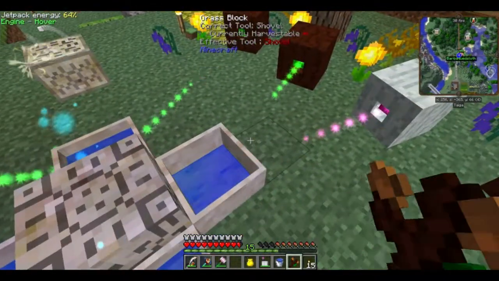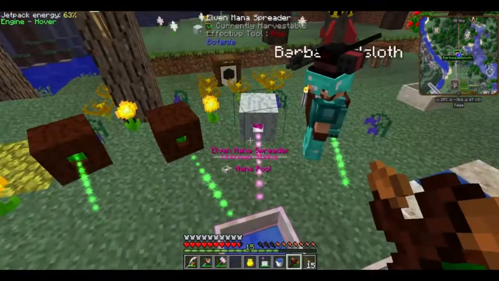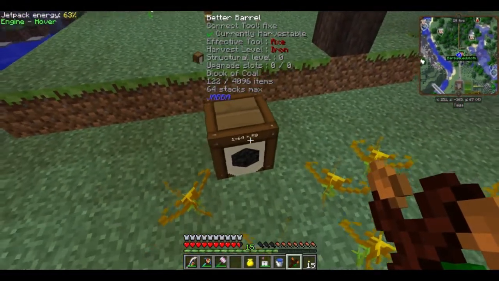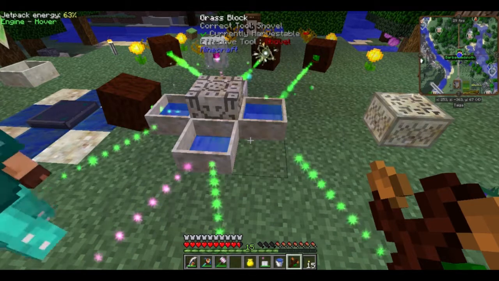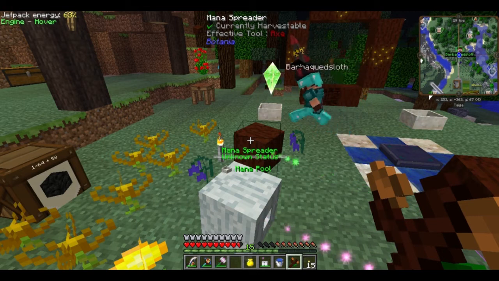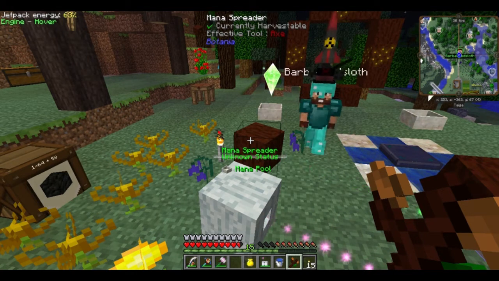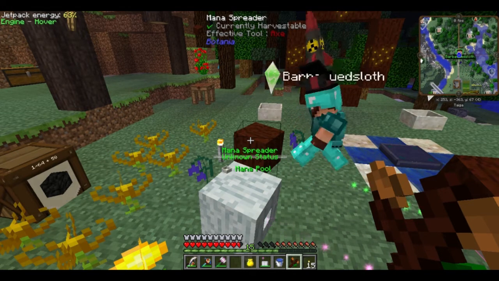But the second step off of these normal mana spreaders are these elven mana spreaders. Yeah, what's that all about? Okay, well, the elven mana spreader helps spread mana faster and it doesn't lose as much mana in between itself and the pool. And you can only get these elven mana spreaders if you get yourself one of these awesome elven gates. So you just toss the mana spreader in? Well, no, you'll actually get...